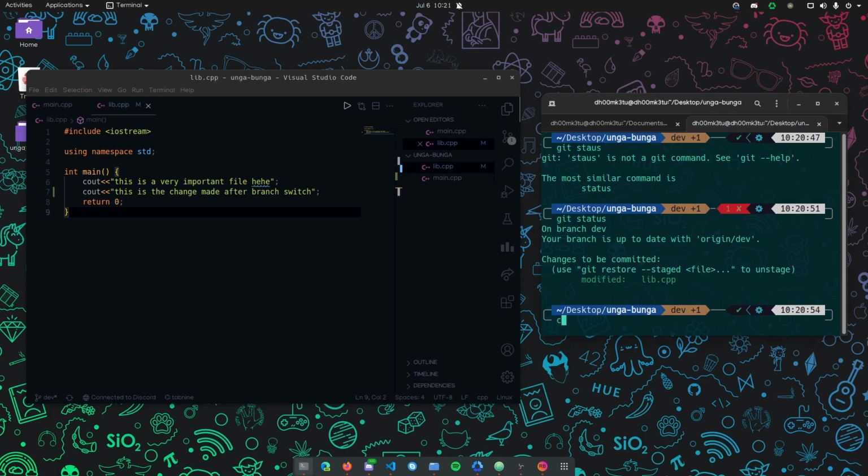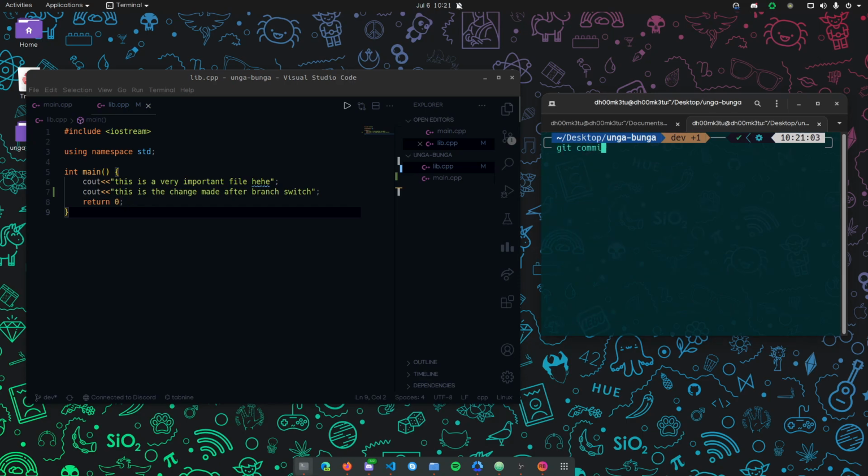So let's commit these changes, right? So git commit, and I can add a message. This message is going to be changes to the lib file, and then I'm going to press enter. Then again, if I check git status,